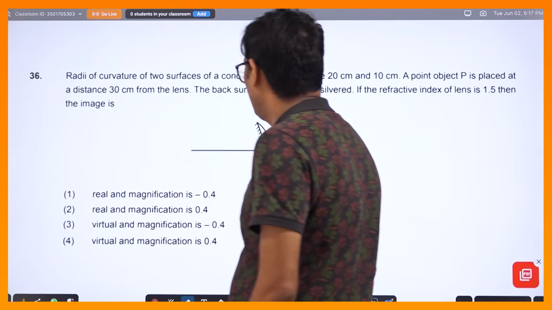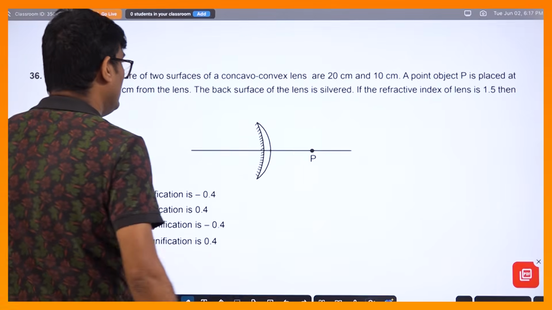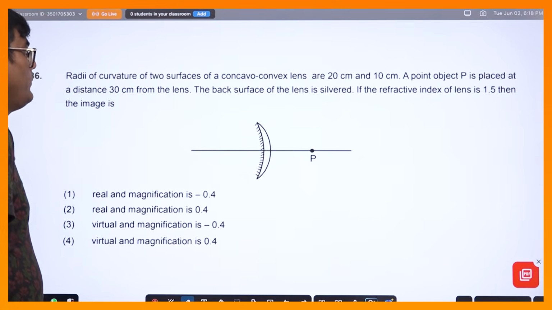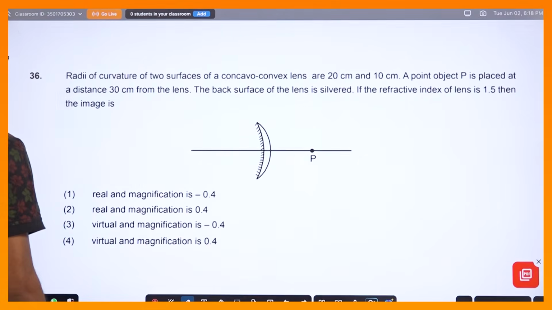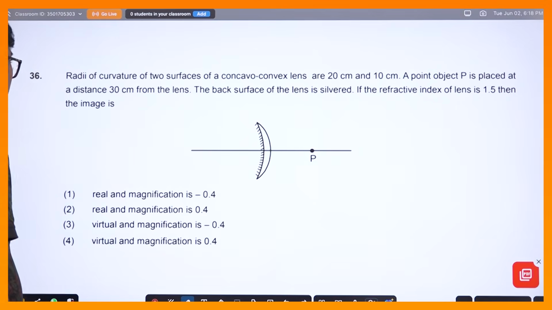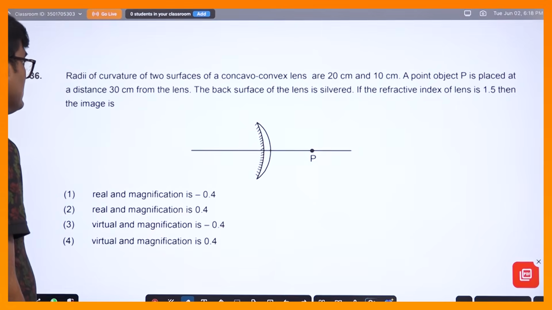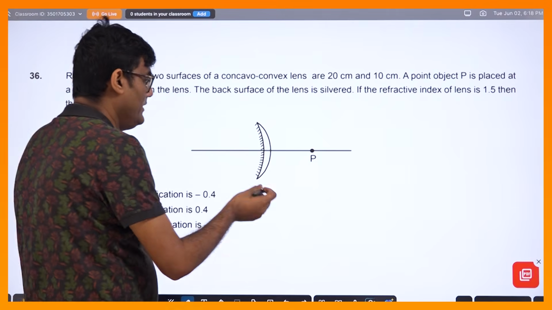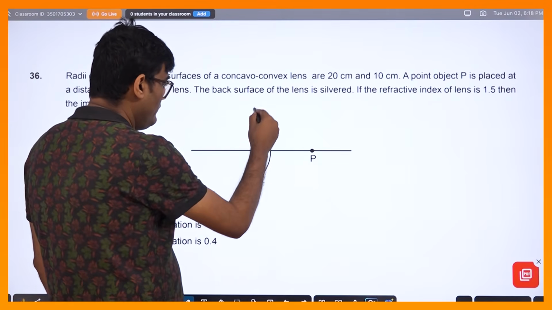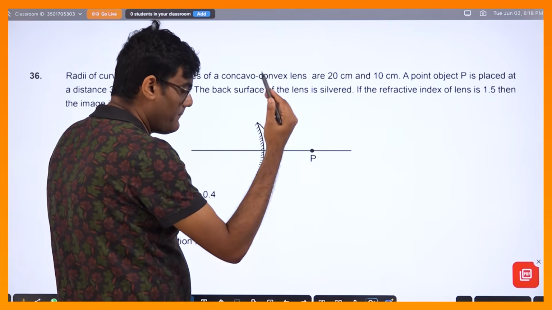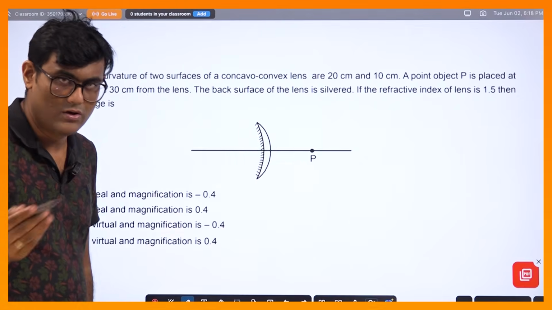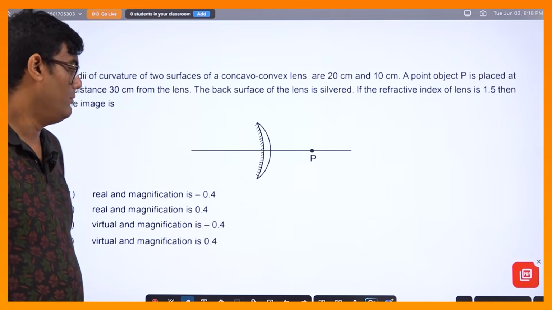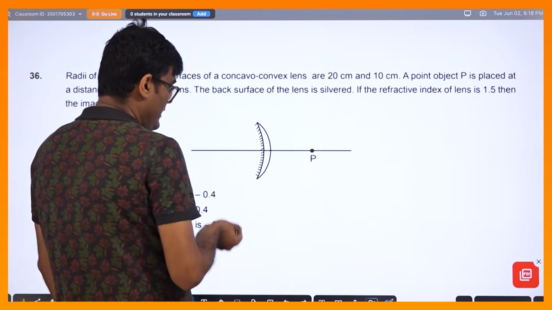The radii of curvature of the two surfaces of a lens are 20 and 10. A point object P is placed at a distance of 30 centimeters from the lens, with the back surface silvered. If the refractive index is 1.5, then the image is... okay, I have to find out the equivalent, say concave or convex mirror combination of this one. I am assuming that